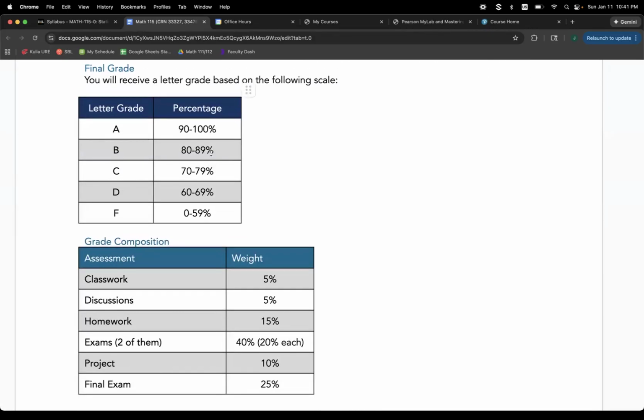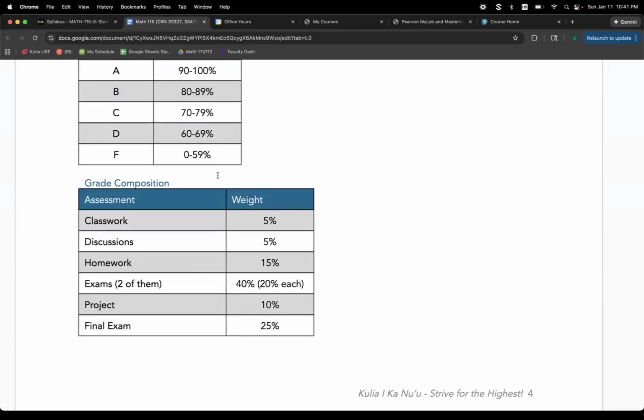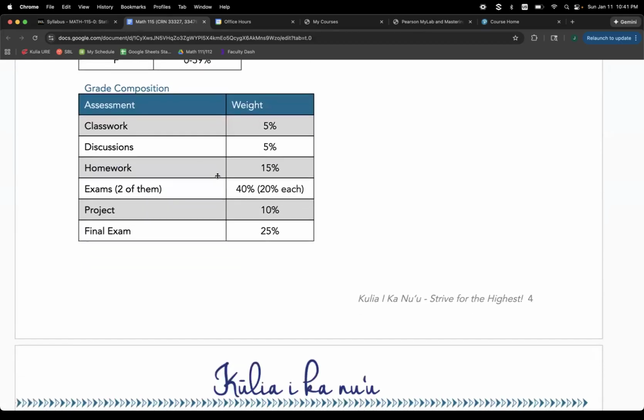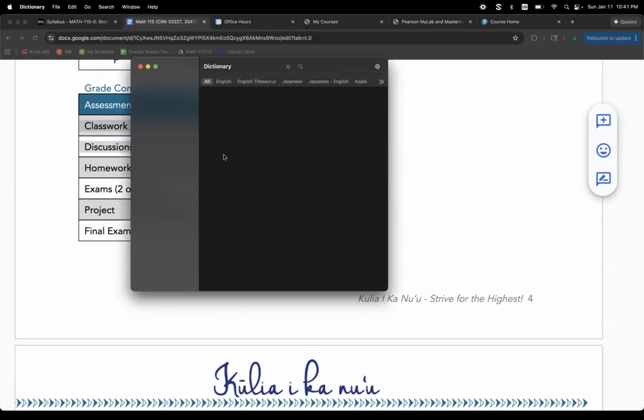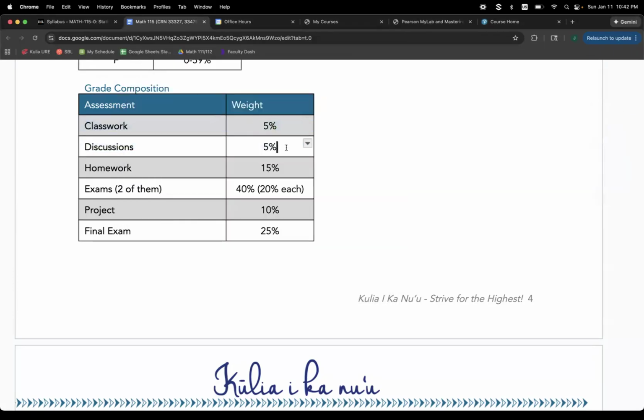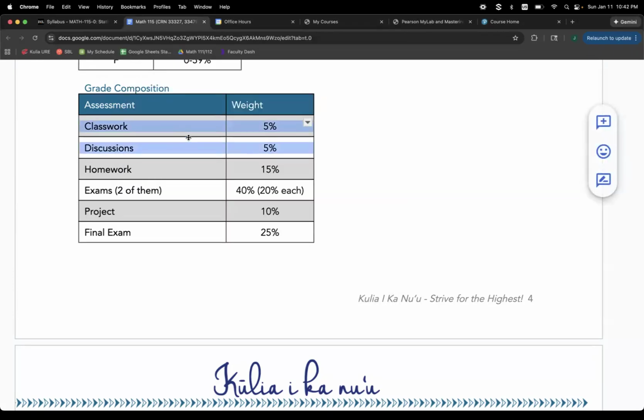Okay, final grades, the typical breakdown. Not much to say there. And then here's the breakdown for weights. So classwork is worth 5%, discussion's another 5%. And I know this doesn't sound like a lot, guys, but it actually is very significant because this is a half grade each, right? So if you think about combining those two things, classwork and discussion, that is a full